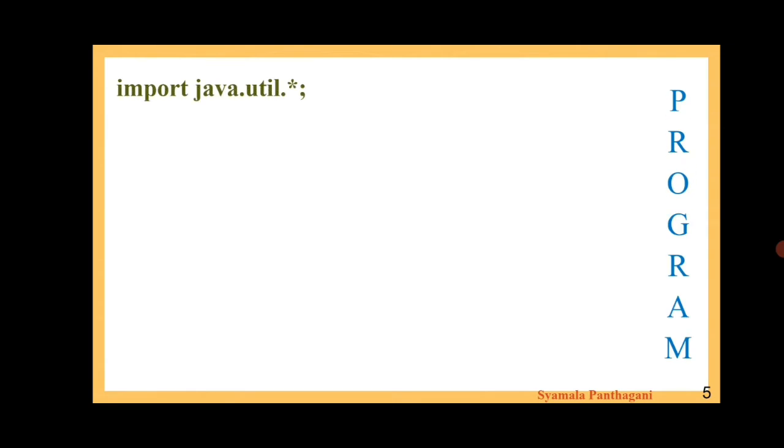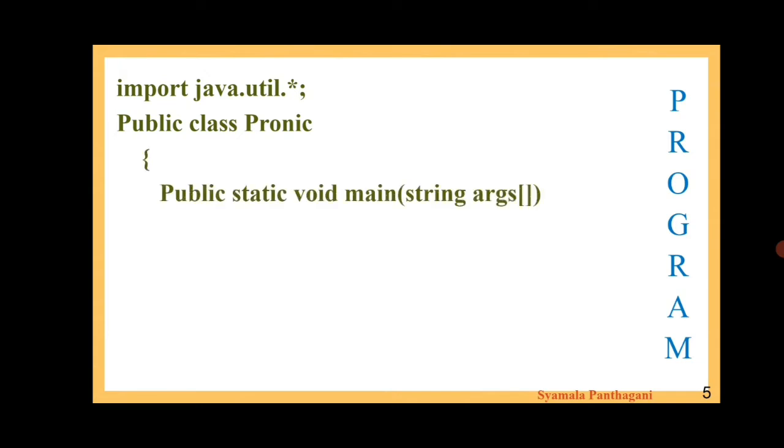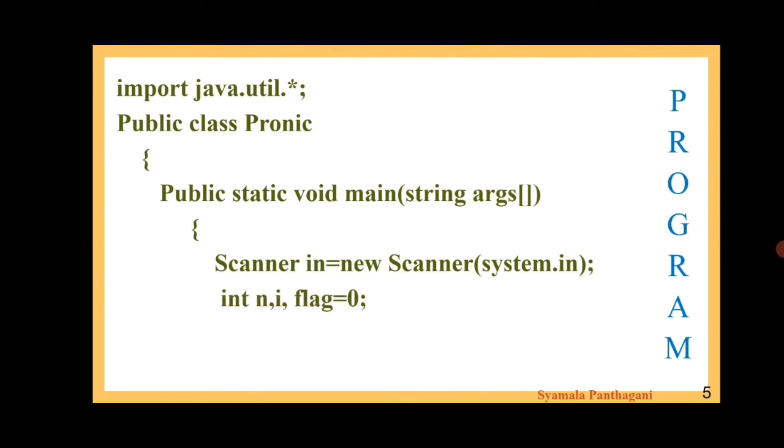Now come to the program. import java.util.*; public class Pronic { public static void main(String args[]) { Scanner in = new Scanner(System.in); int n, i, flag = 0;